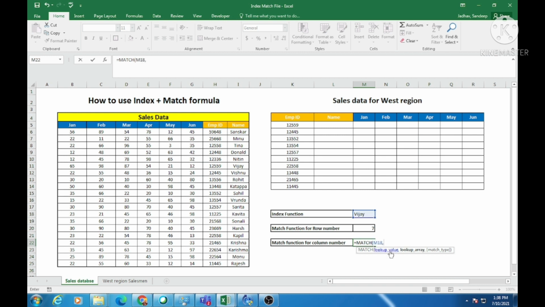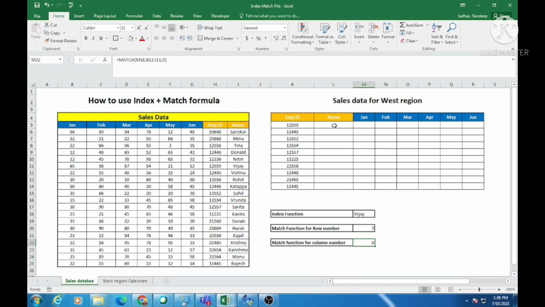This time I am going to use the name. So here if I select Vijay and if I select this particular row, you can see here the column is 1 2 3 4 5 6 7 8, and then exact match, comma, 0, and complete this. So the row number is 7 and the column number is 8.